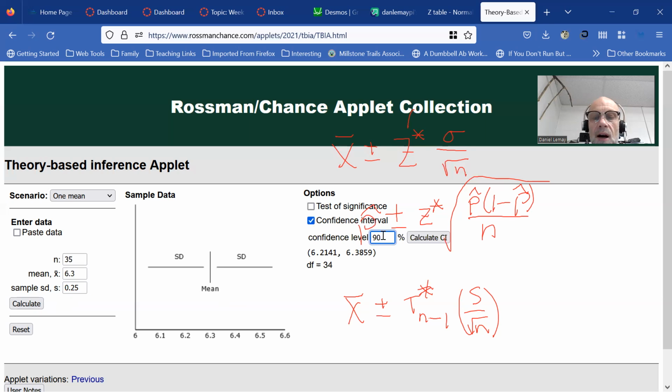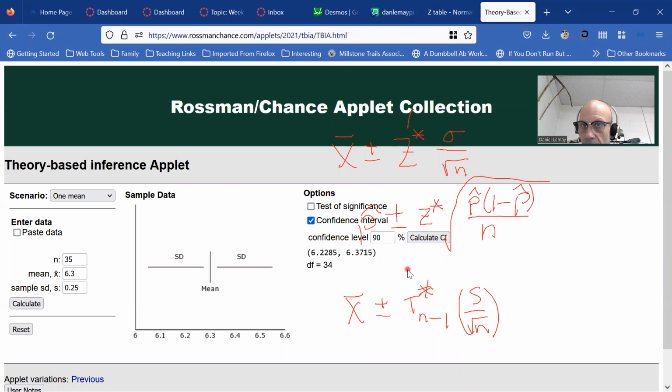What if we do a 90% confidence interval? Okay, there's the range. That's the X bar minus the margin of error, right? That's X bar minus this number, and it's X bar plus this number, and we don't know what the number is. However, something I'm going to ask you on the next quiz and on the final exam,